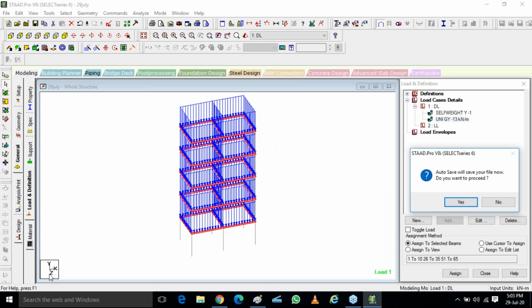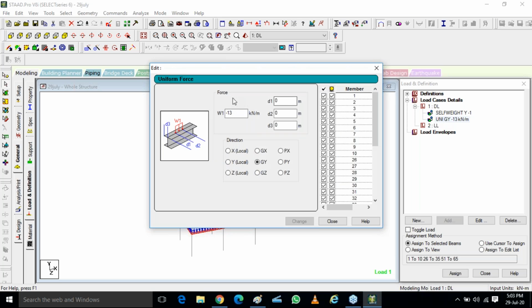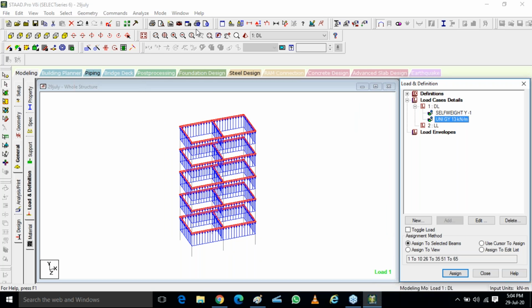अगर मैं जाता हूँ यहाँ पर y, this is y, x and z. अगर मैं 1 लगा रहा हूँ तो means it is going upwards. My load is going towards up. Suppose for an example, instead of putting this at minus 13, I'll put it as 13 only. What will happen? It will go upward.